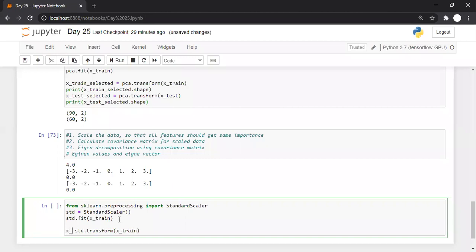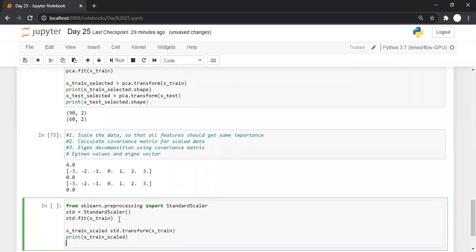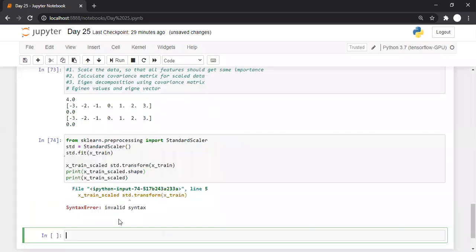So that is the scaled data that we are going to receive, let's say in X_train_scaled. Now let us print this X_train_scaled, and we'll print the dimensionality of the same thing. So let us print the shape and the data itself.